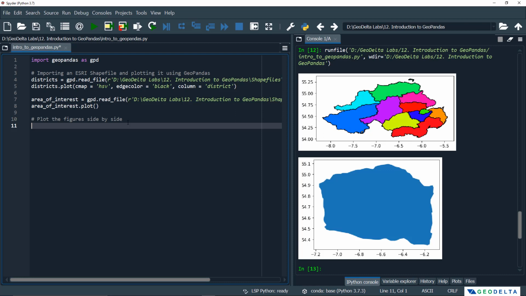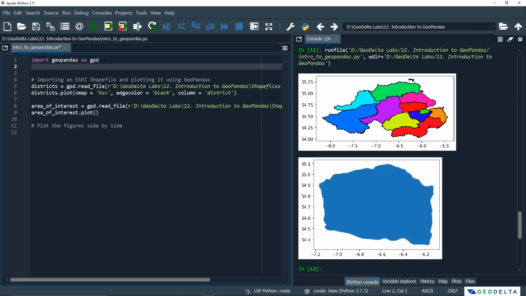Alright, now to do this I'm going to actually import the Matplotlib library, because using the capabilities of Matplotlib within GeoPandas is kind of limited. So if you want to make use of the advanced capabilities of the Matplotlib library, you cannot do that simply through the GeoPandas library. You have to explicitly import the Matplotlib library. Well, what I'm going to import is import matplotlib.pyplot as plt, and over here I'm going to say figure,